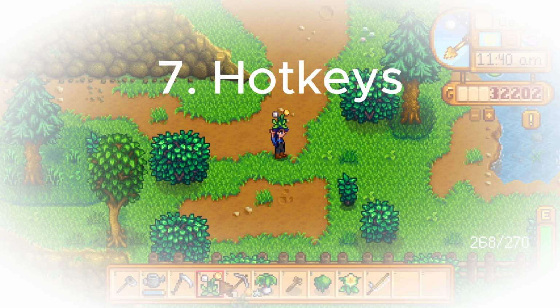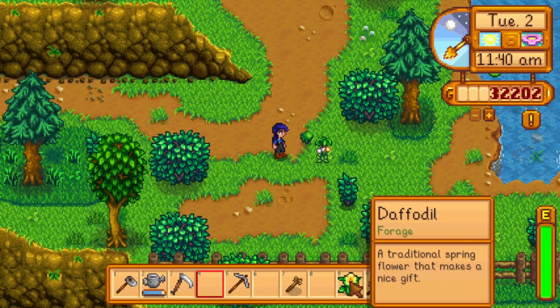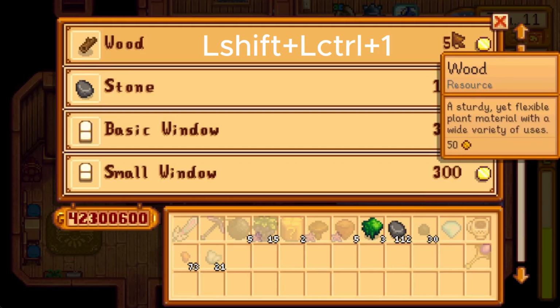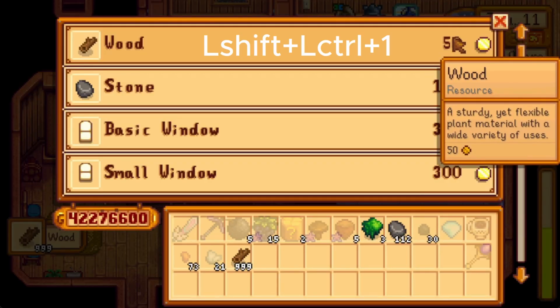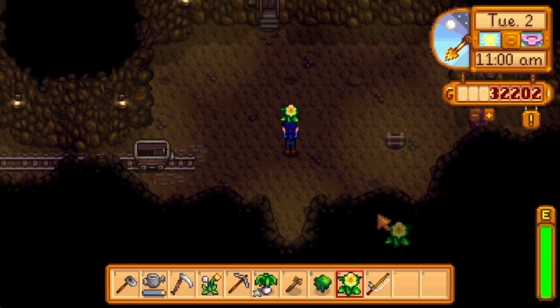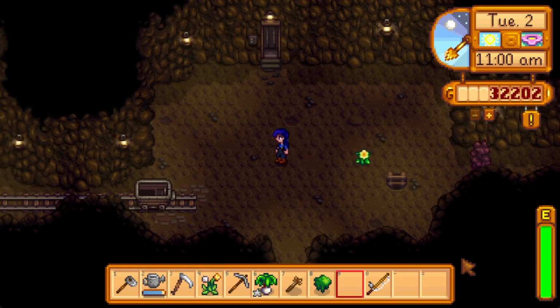Number 7. Hotkeys. This one's very mechanical. ConcernedApe has added a few new hotkeys, including shift plus right click to yeet an item and left shift, left control 1 to buy 999 of something. This means speedrunners trying to, say, drop their daffodils in the mines entrance don't have to do any menuing to do so,